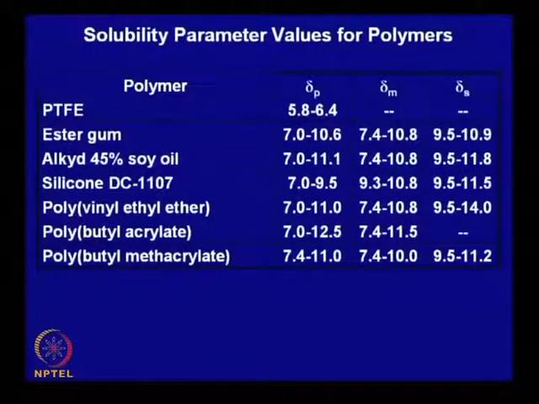So, ester gum, because those are ester-like polymers. So, ester gum and alkyd resins with soybean oils, silicone polymer, polyvinyl ether, polybutyl acrylate, polybutyl methacrylate, you see that